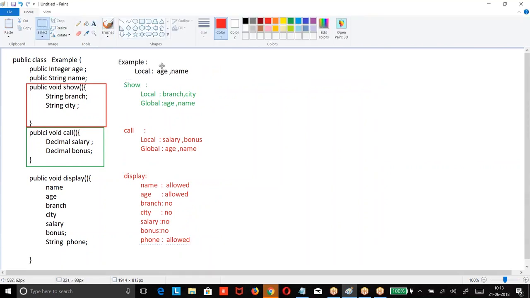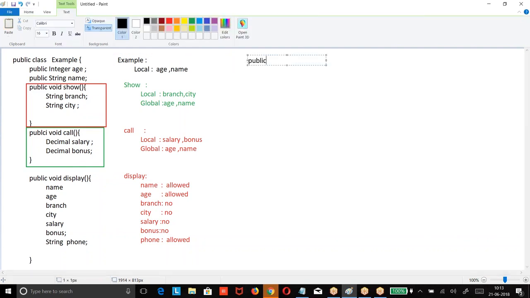Let me take one more example. Now look at the point. Listen to the context carefully. I want to use product name, price, discount date, manufacture date.